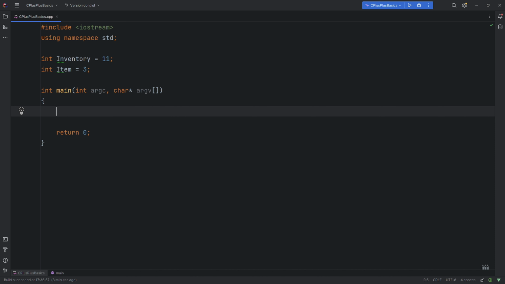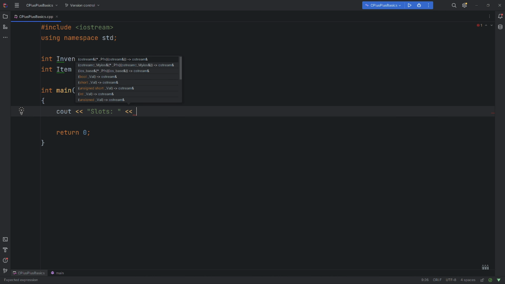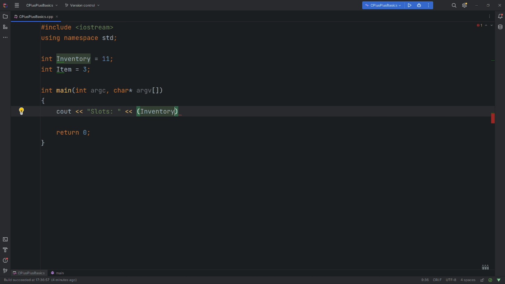We'll use the console out function, left shift operator, give this a label of slots, and left shift operator, and inside the parenthesis, we'll take our inventory and we'll say using the percent operator equals item,